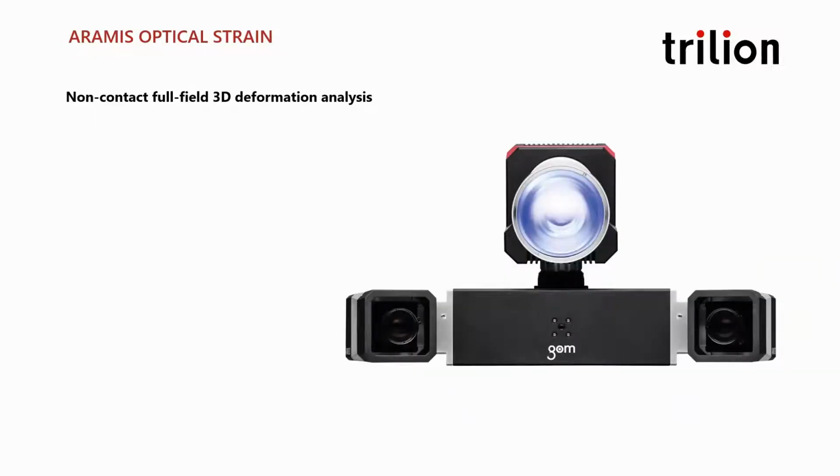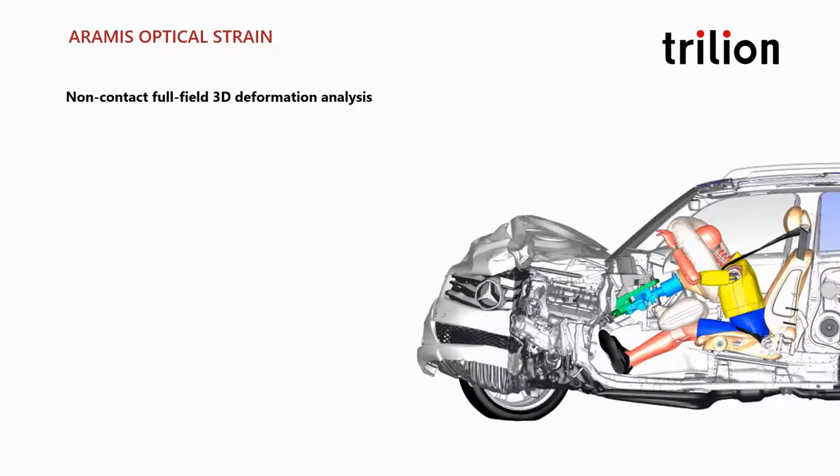So at Trilion Optical Labs in Detroit, we perform non-contact measurements. For crash testing, we often are using our Aramis solution that you see here. It is two cameras arranged as a single 3D sensor. Its integrated software, Zeiss GOM Correlate, puts the images from Aramis together and makes the measurement. So the user sees both what is occurring and the quantitative results represented together in the video, so there's no more juggling of data. Aramis is capable of making measurement of the following from the images it takes: 3D shape,